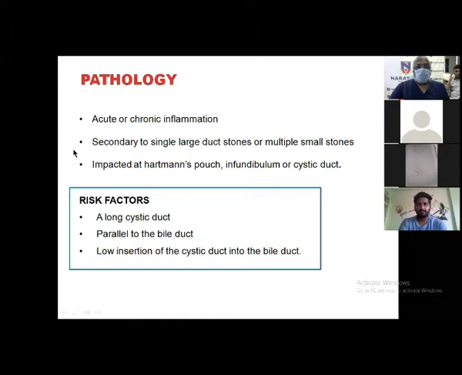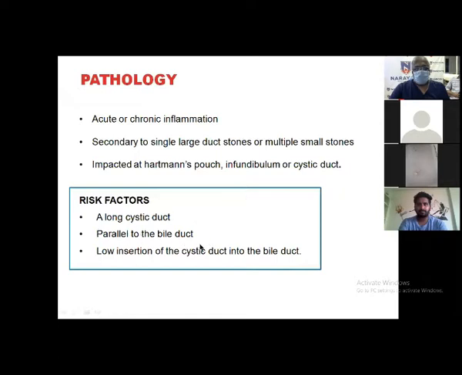Pathology: acute or chronic inflammation secondary to a single large ductal stone, which may or may not be associated with multiple small stones in the rest of the gallbladder, impacted in the Hartmann's pouch, the infundibulum, or the cystic duct. The real risk factors are a long cystic duct, which can easily get adhered to the common hepatic duct, or a cystic duct running parallel to the bile duct, so they are incongruent with each other,